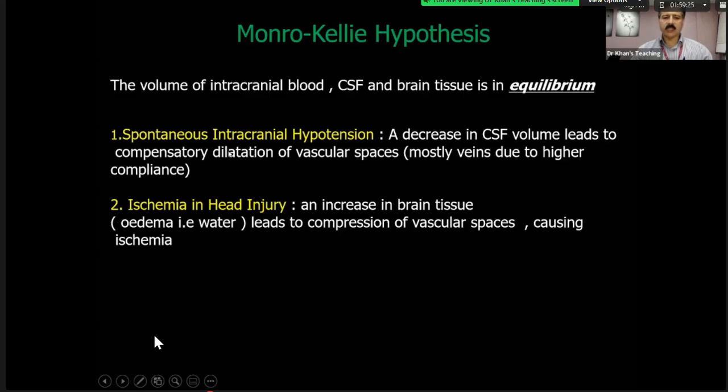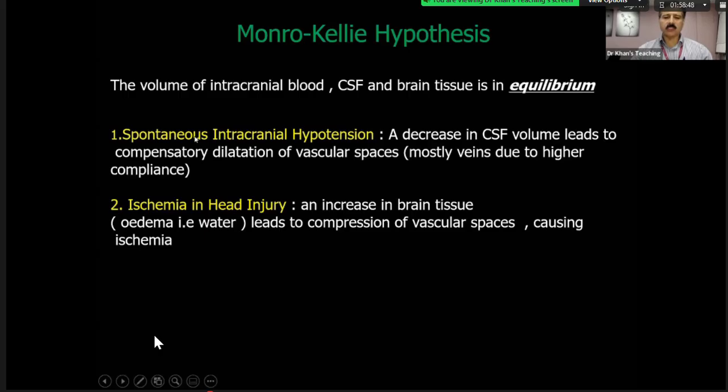So similarly, in spontaneous intracranial hypotension, what happens? There is a CSF leak. The word spontaneous tells you at times we don't even know the cause. And at times we end up doing more spinal imaging, etc. One of the causes might be an osteophyte, particularly in the thoracic spine, which has caused a tear of the dura. But many a time we do not pick up these findings on spinal imaging. But the CSF has reduced.